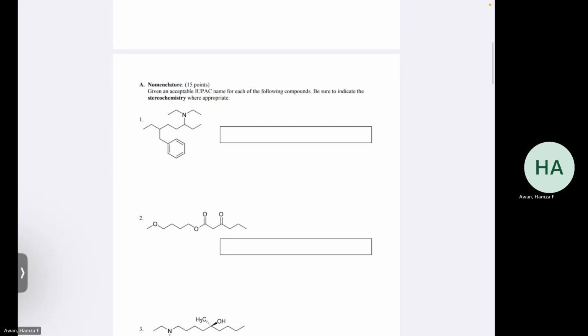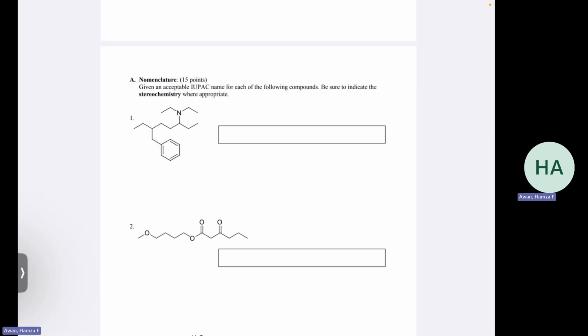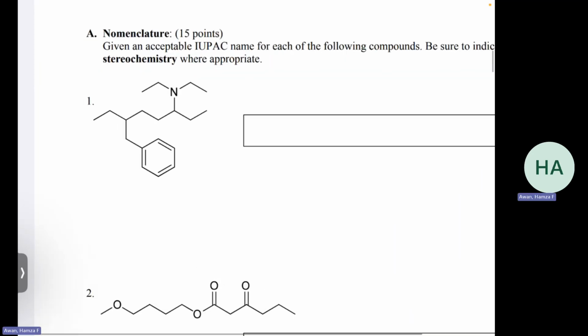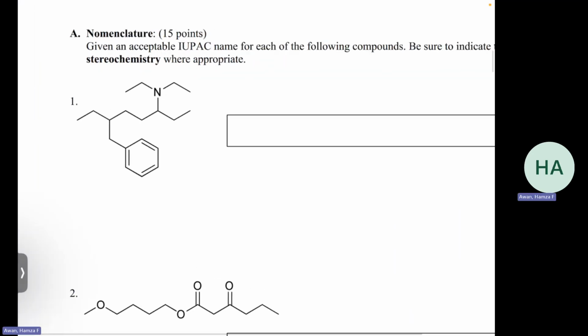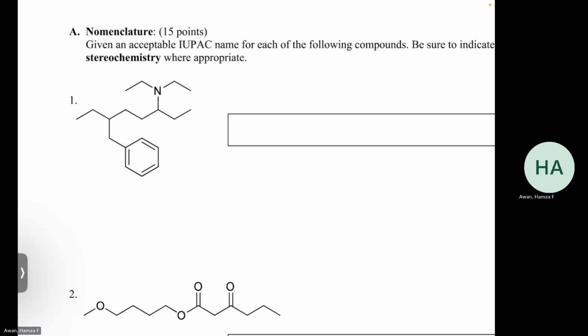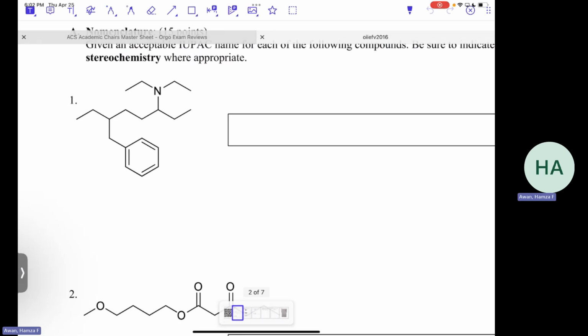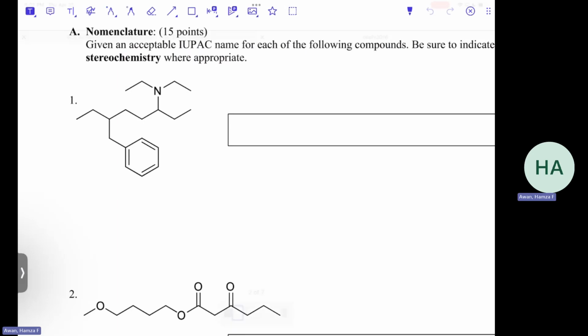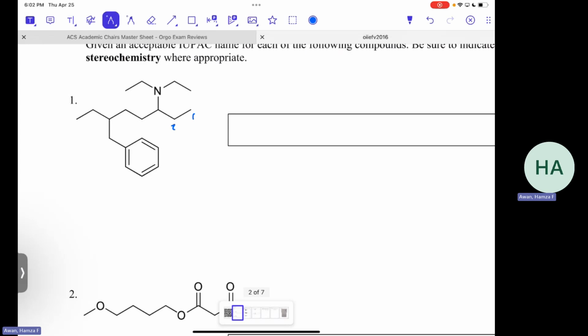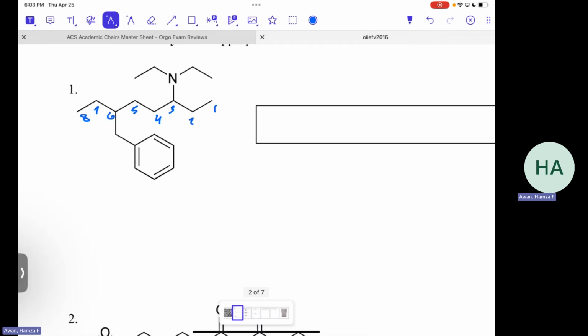So to start, we have the nomenclature section. For the first one, we have a pretty long chain coming from the right side over 1, 2, 3, 4, 5, 6, 7, and 8. So we have an 8 carbon chain there. We can also number it backwards. So that's gonna be our longest chain. So if we were to number it backwards, it would be